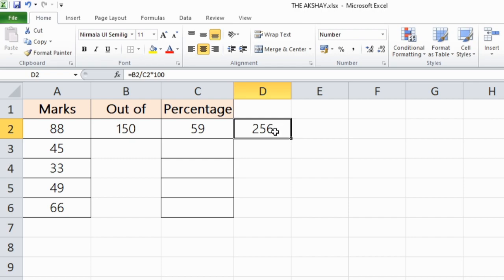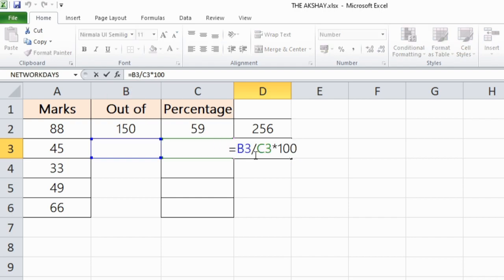So it is giving a different result in this cell. Here it was A2 divided by B2. If you drag this cell below, it will give you an error because the formula is now B3 divided by C3. It is also highlighting here, see. In the C3 here and in B3 also there is nothing. So you cannot divide 0 by 0, right? So that's why it has given an error, that is divide by 0.